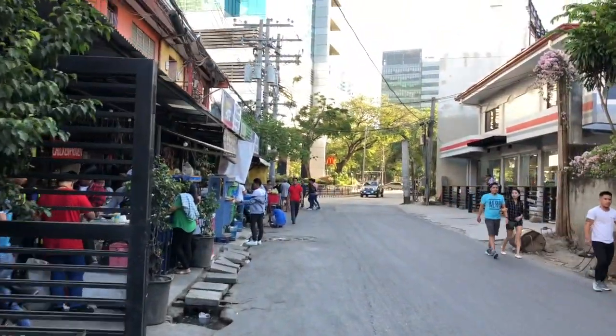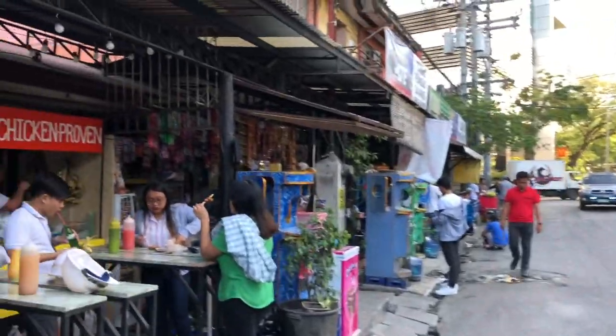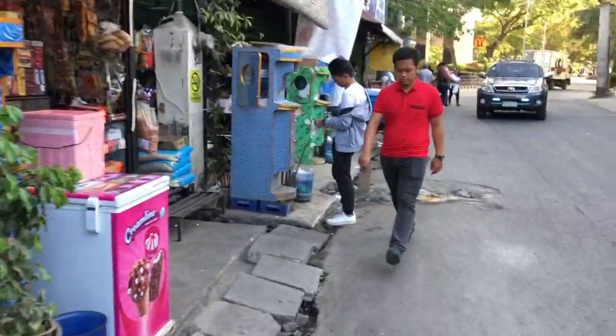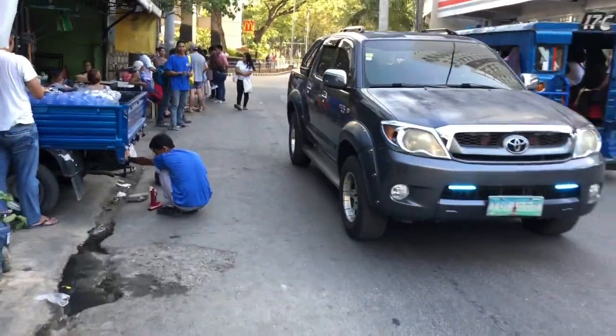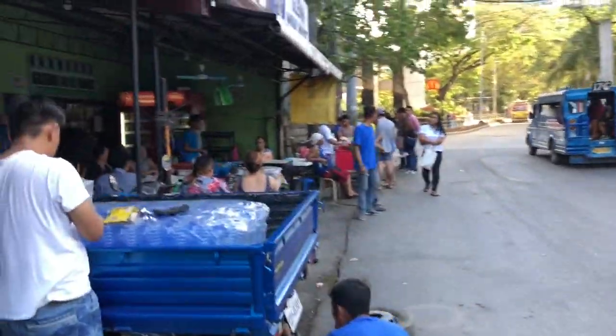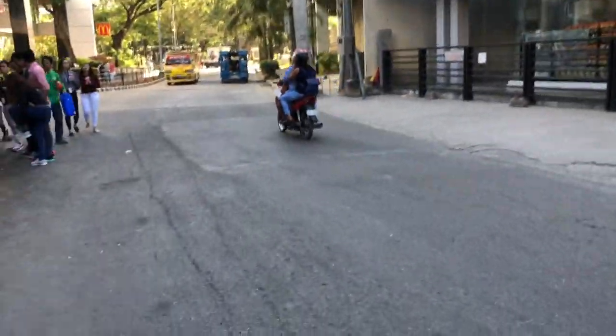As you keep coming down, it's just the traditional Filipino street. It's a nice place. There are nice people there. But you do have to be a lot aware of yourself when you're walking. You can't just be chatting to your friend and walking. But as you keep getting closer, all of a sudden you get into the part that's, I guess, designated as